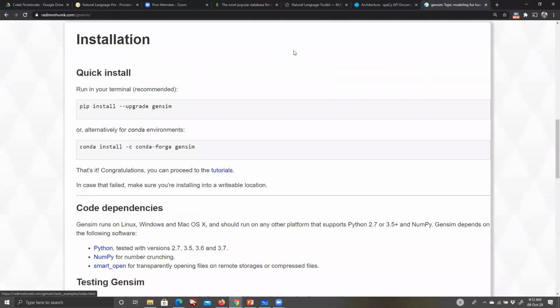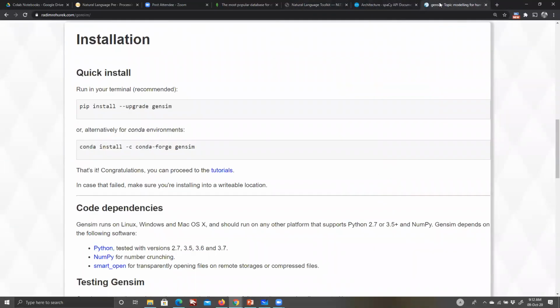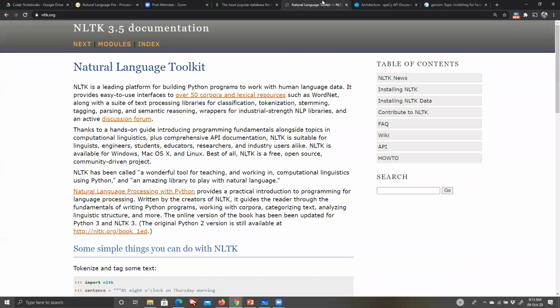Mostly I will be sticking with NLTK, spaCy, and Gensim for most of my examples. I just thought to let you know beforehand, before we formally start everything, what kind of libraries we will be sticking with and doing most of our work with. So ensure that by next class you have the installation done and you are ready to code with me.